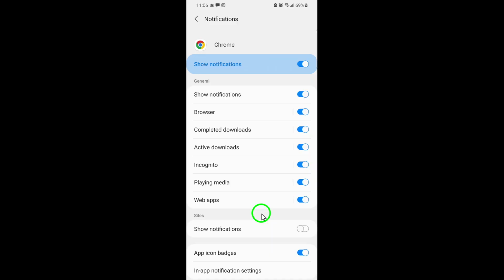From here, look for the setting that allows you to toggle on Vibrate. Simply switch it to the on position, and you're done. From now on, whenever Chrome accesses your camera or microphone, your phone will give you a small vibration alert along with the notification. This is a great way to stay more aware and in control, especially when it comes to